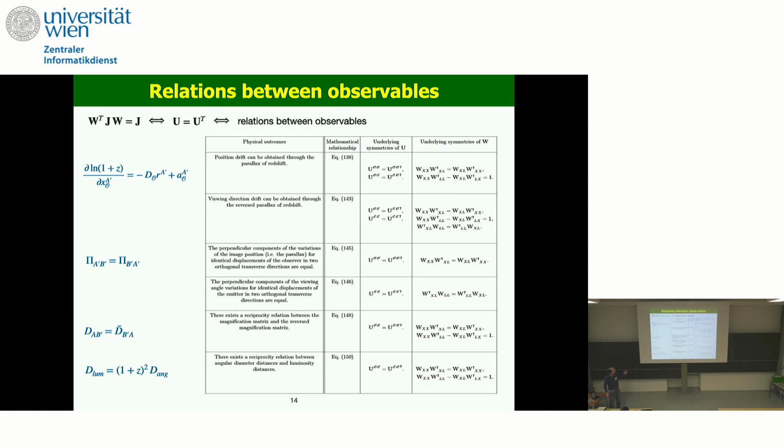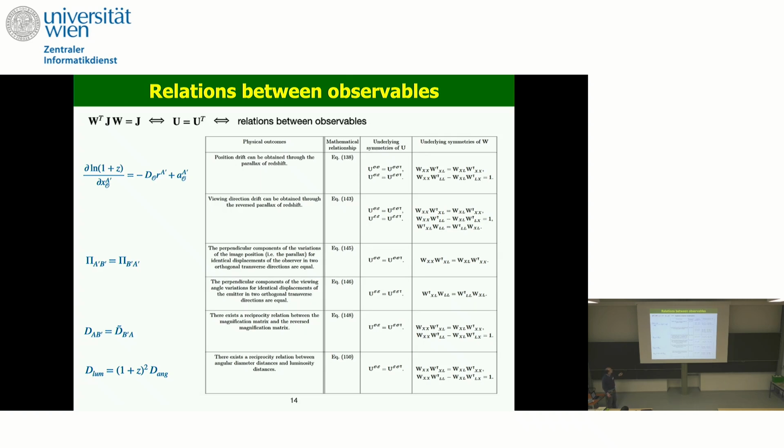Now, exactly because U is symmetrical, you'll have relations between various observables. In particular, the fact that UOE and UEO are transpose of each other. There's a reciprocity relation between the Jacobi matrix and the Jacobi matrix calculated from the emission point. And this results in the well-known Etherington's reciprocity relation between the luminosity distance and the angular diameter distance and the redshift. This part was known, but there are also other interesting